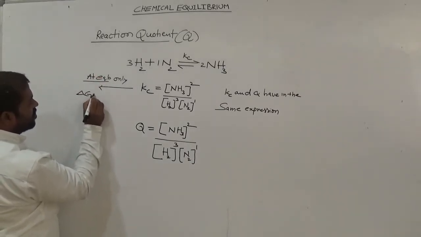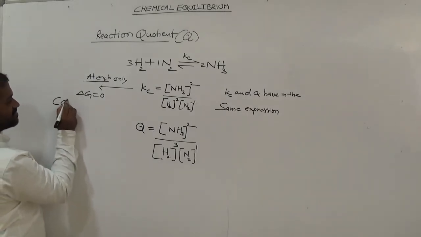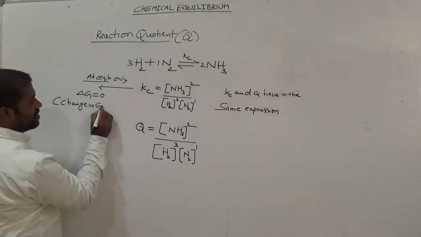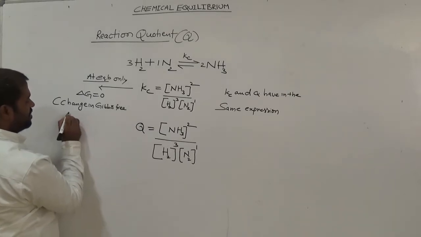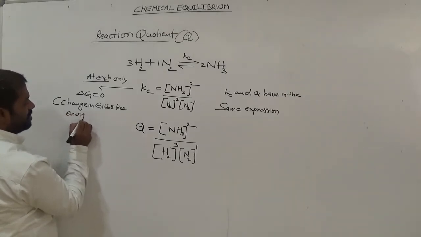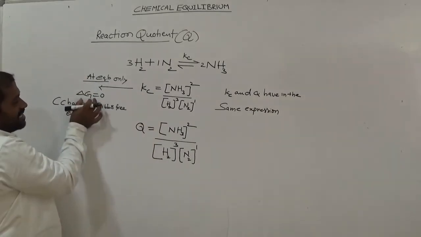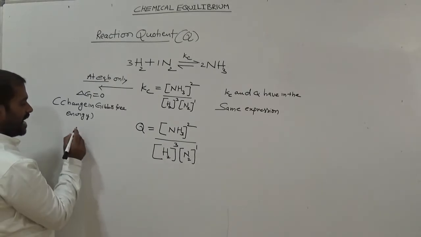Delta G is equal to 0, am I right? Where delta G means change in Gibbs free energy. At equilibrium, delta G, that is change in Gibbs free energy, is taken as 0, and